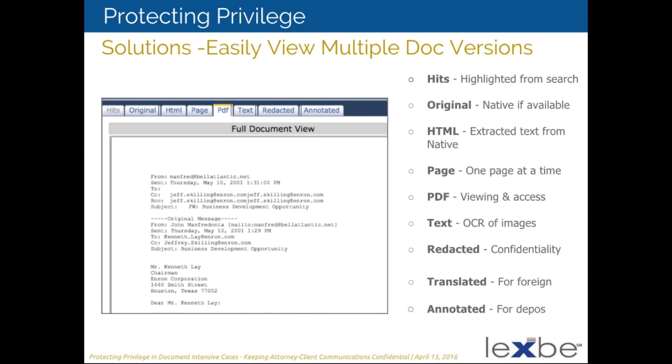Let me jump into a couple of specifics, and the screenshots are out of our software of what you would like to see in a privilege review. One, in our opinion, is just to be able to easily see multiple views of the document. Any document that comes into a modern litigation review system has been processed to varying degrees, and you've got multiple versions of one document. We handle this with our tabbed environment in our document viewer, so there will often be an image view of it, which we do as a text-based PDF.